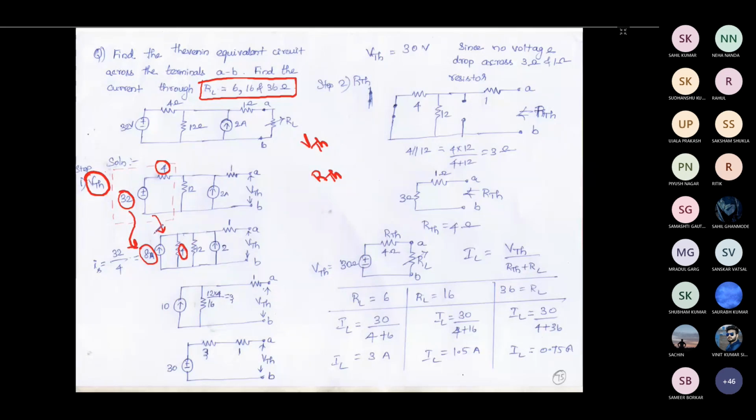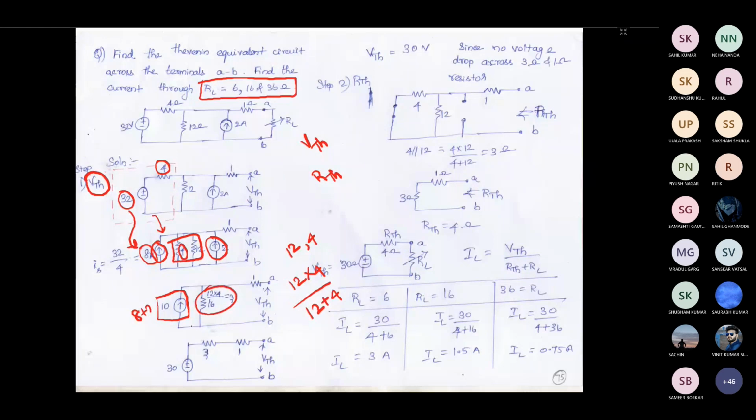So what we have done is found the equivalent of this. Now you have one current source here and another current source here. Both the current source directions are the same, so you can consider it as an equivalent current source with the current magnitude as 8 plus 2, that is 10 ampere. Then you have two resistors here. Those two resistors are in parallel. One is 12 ohm and another one is 4 ohm. For resistors in parallel, the equivalent resistance is 12 into 4 divided by 12 plus 4, which is 3 ohm. So that is written here.